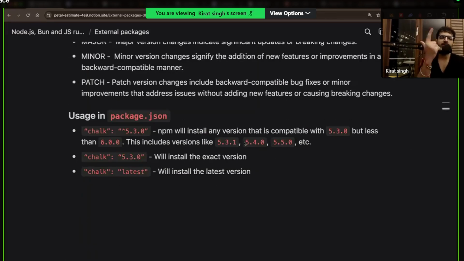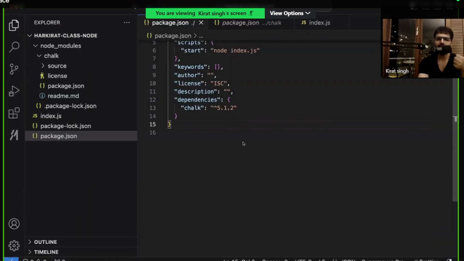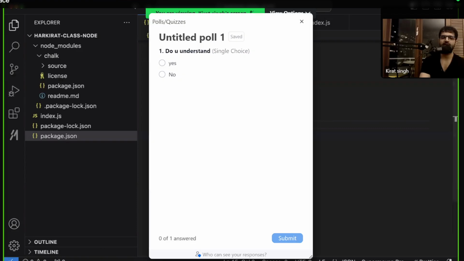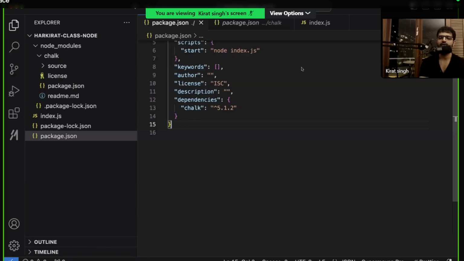From first principles, actually, let's do a poll first. Do we understand semantic versioning? And why is it used? Hopefully it's easy to understand. If you have your own library, then also you should follow semantic versioning and make sure you don't have backward incompatible changes. All right. What problem can arise when you are doing this? Can you tell me this?